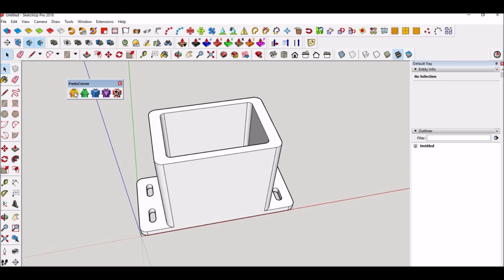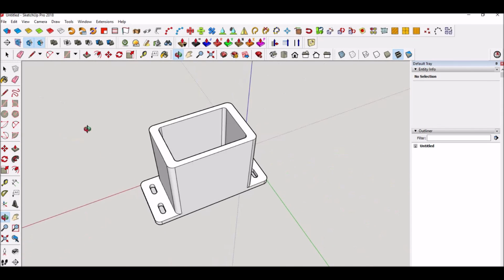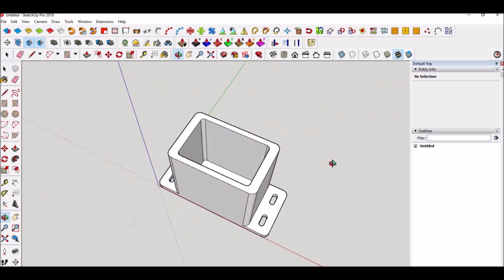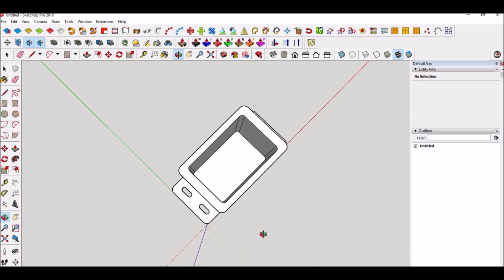But what you'll do is you'll click on this and just say select the corners, and so you select the edges, and it will allow you to select a bunch of edges at once, and you hit apply, and it'll go through and chamfer them. So I just haven't updated it in a bit because I don't always need it. So that's where we're going to leave off with this